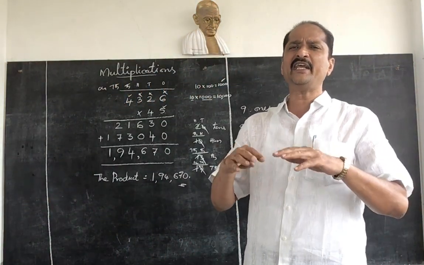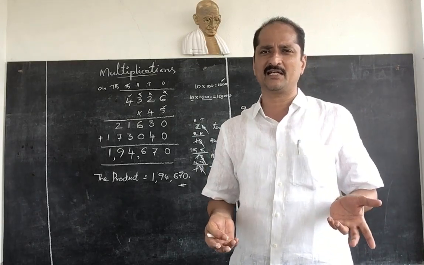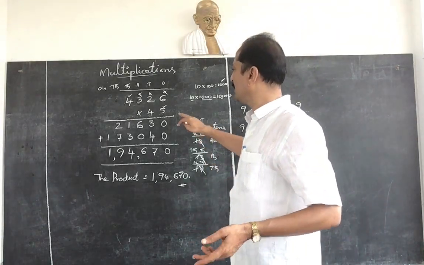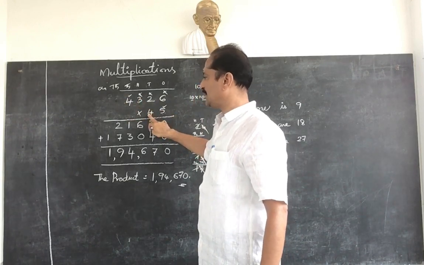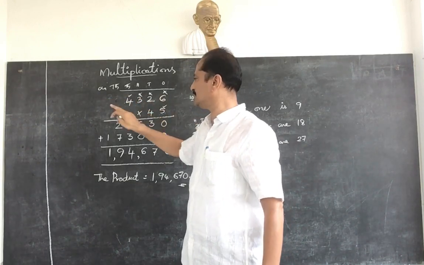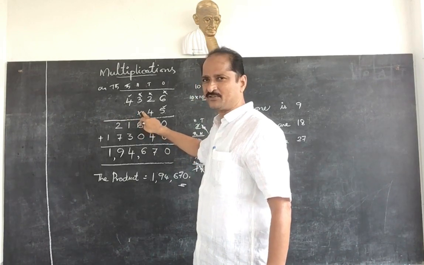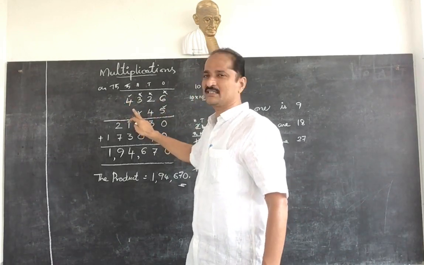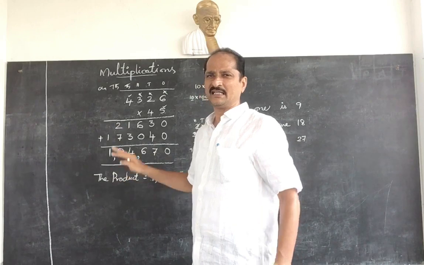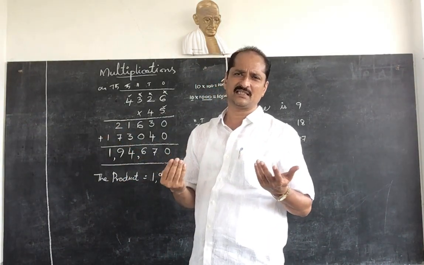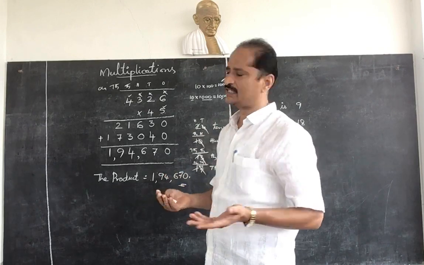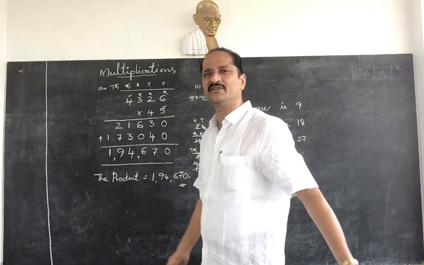You can take any number of digit multiplication. So slowly we can add. First, ones place you can multiply with all these digits. Then tens place you should multiply with all these digits. Then hundreds place you should multiply with all these. Next, thousands place with all these numbers. 10,000s place with all those numbers. Any number of digits given also, easily by multiplying like this you will get the answer.